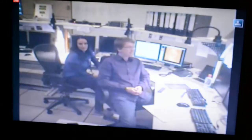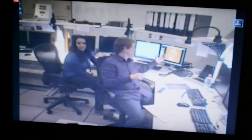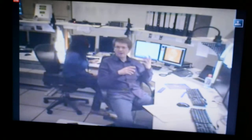Are the colors as real as they appear in the images, or have you added or enhanced them to highlight the features and the depths and so on? Well, it's of course a balance that you have to make. It's not the real colors in a sense, because if you had the chance to travel to this place, even so, I'm not sure that you want to go there because it's blazing hot, and I'm not sure you will survive very long. But if you would go there and see it with your own eye, you would of